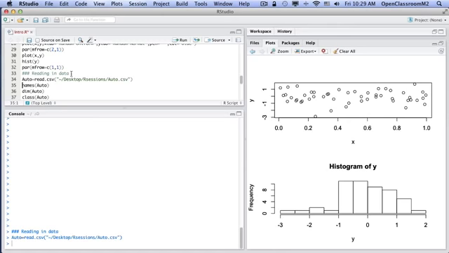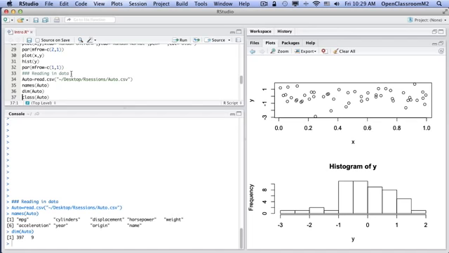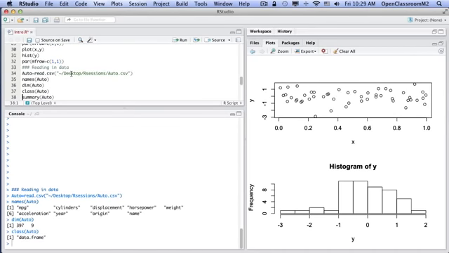And so now we can query the data that we have just read in. And you can see it's got a number of columns. And those are the names of the variables. And we can look at the dimension of the data. It's 397 by 9. And we can see what this object is that we've read in. The class of auto is a data frame. And you'll learn more about data frames. They're very valuable objects. It's sort of like a matrix, except that the columns can be variables of different kinds. So you can have what we call factors and continuous variables and matrices and so on, which is really the way we think of